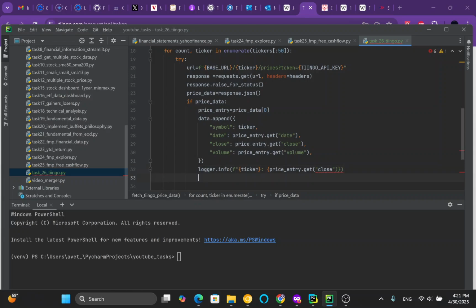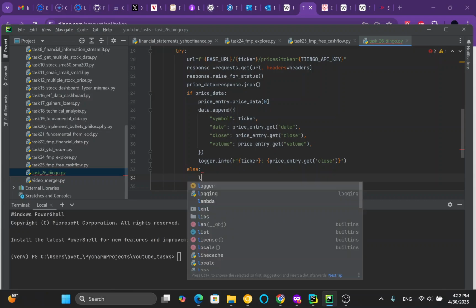This is closed here. Double to avoid a misconstructed structure of the logger. Next, with the if else, we are printing a warning